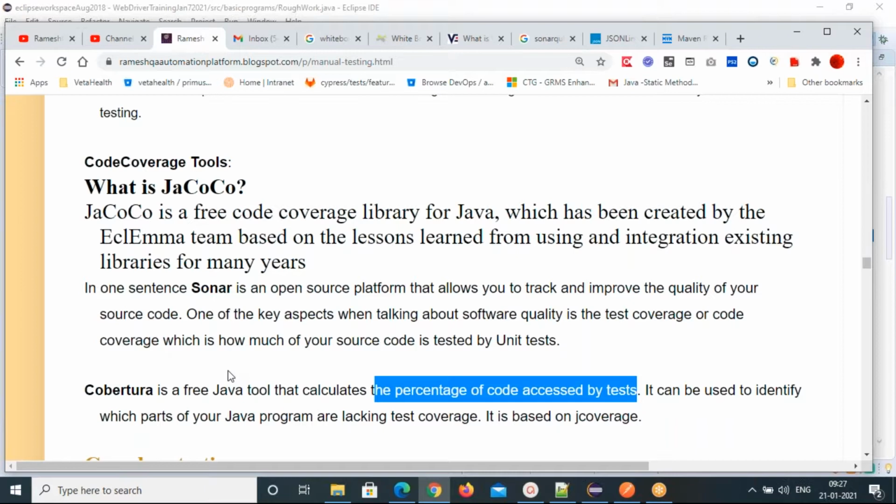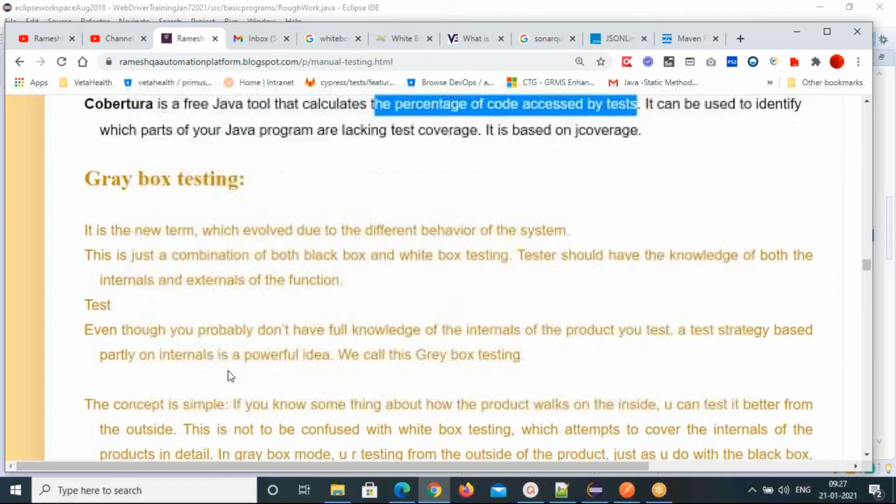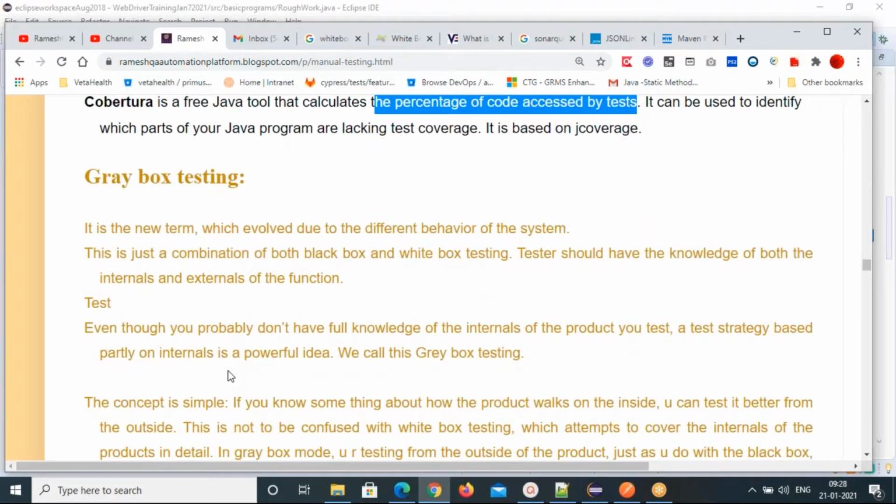That's a metric, and that's all about the white box testing techniques. Is it clear? Yes. What are the white box testing techniques? White box testing is based purely on internal code, and tests are based on statement coverage, path coverage, and decision coverage. White box testing can be measured by the code coverage metric, and there are some tools we use: JaCoCo, Cobertura, Sonar.